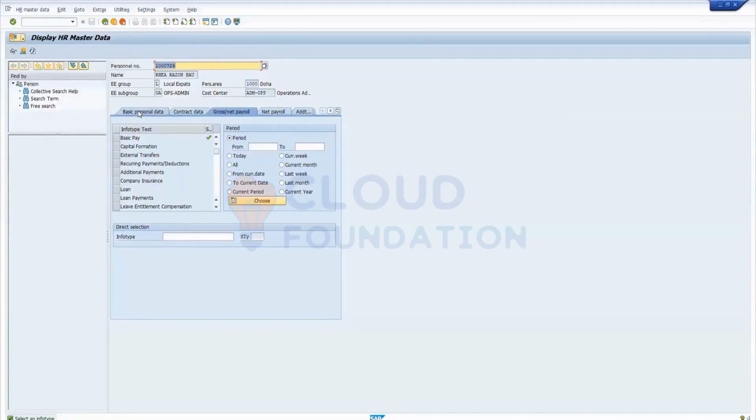Then you have to select the infotype here. On the downside there is direct selection, where you see the white field to put in the input. Select from the drop down what you want to see.